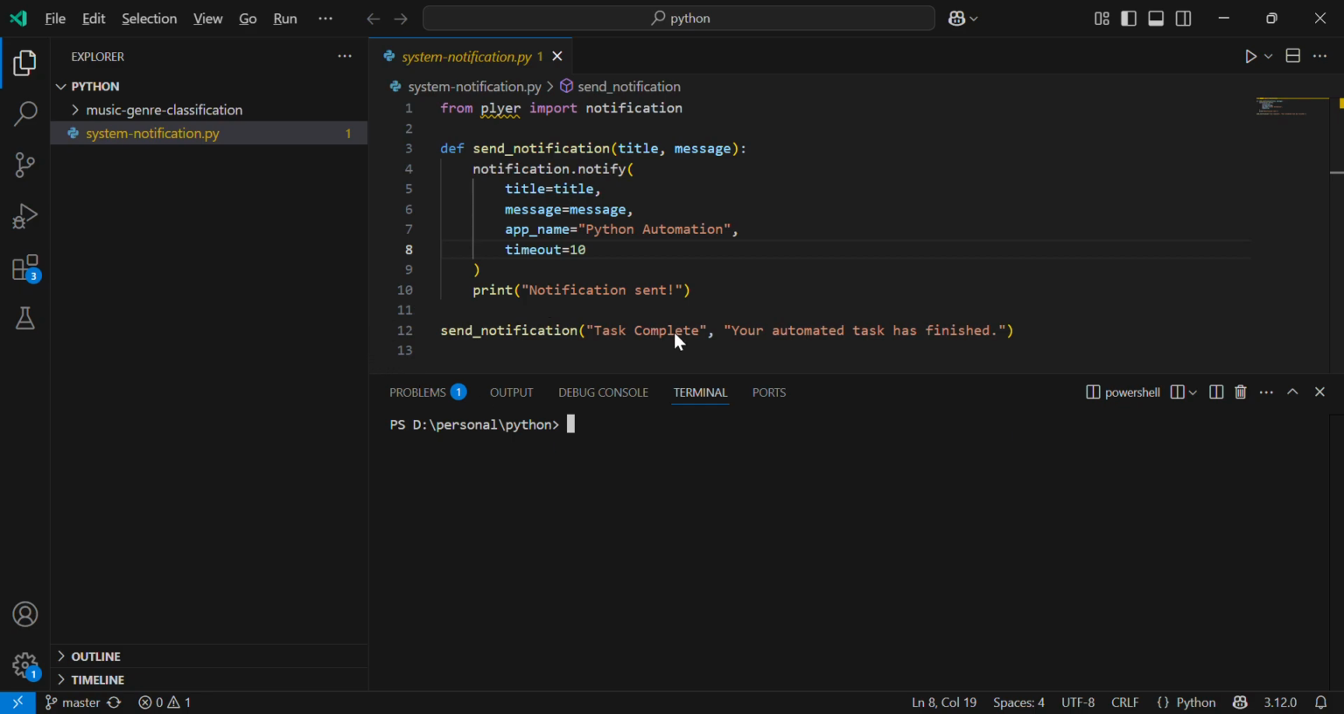In this video, we are going to see how to send a system notification with the help of the Python programming language. To do this, we have to import notification from the plyer library in Python. And after that, we have to create the send notification function in which we will pass the title and message, and